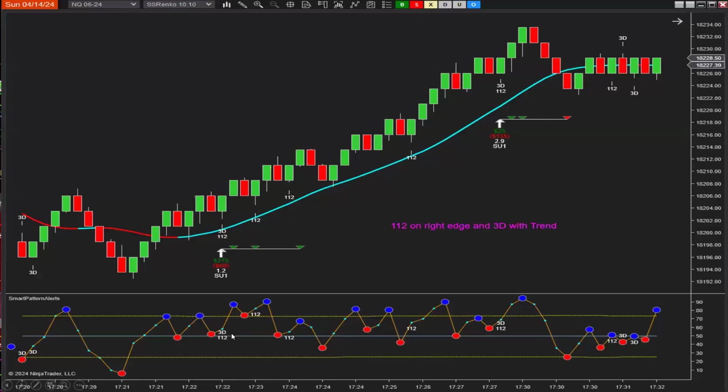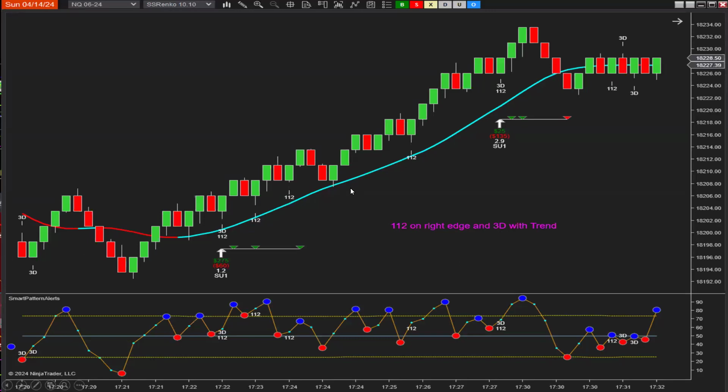So this is showing me just the Trade Trader Oscillator, smart pattern alerts with the trader oscillator fed into it. This is a 3-dot pattern. It's just 3 higher dots on the oscillator. Okay, it's 3 higher dots, and I want a 112 on the right edge. I said box, so I want 112. Yeah, 112 on the right edge on the 3rd dot, and I get a 112 on the right edge